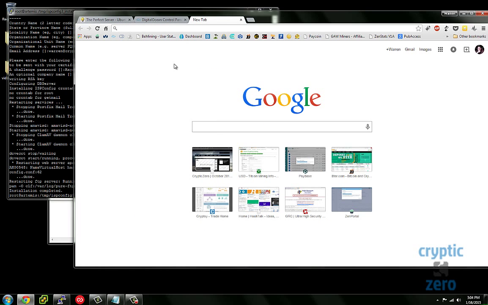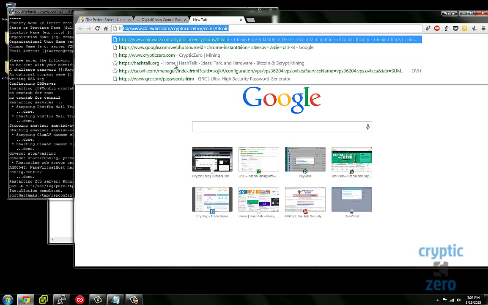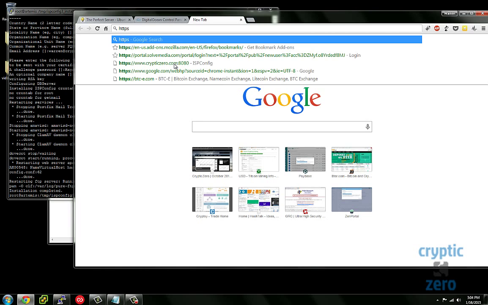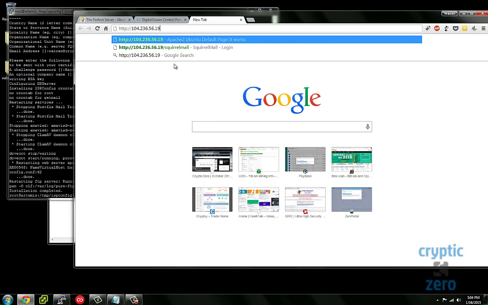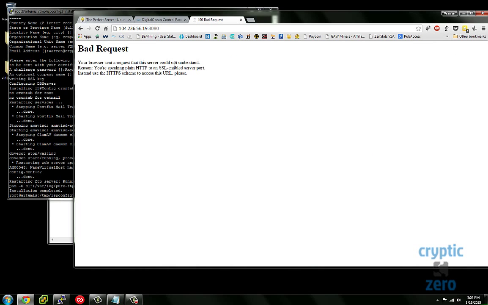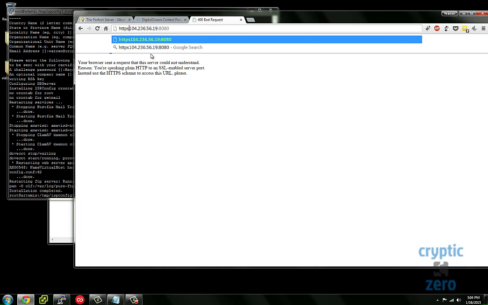Pop that in. Now, the one thing I should mention is that since we chose to access ispconfig 3 through the secure socket layer, you're going to need to make sure we put in an HTTPS. Otherwise, what's going to happen, and it's a pretty common one, is that if I do something like this, I am going to get this nice message saying bad request, and it looks really bad, no pun intended. All right, let's go ahead and put in HTTPS,